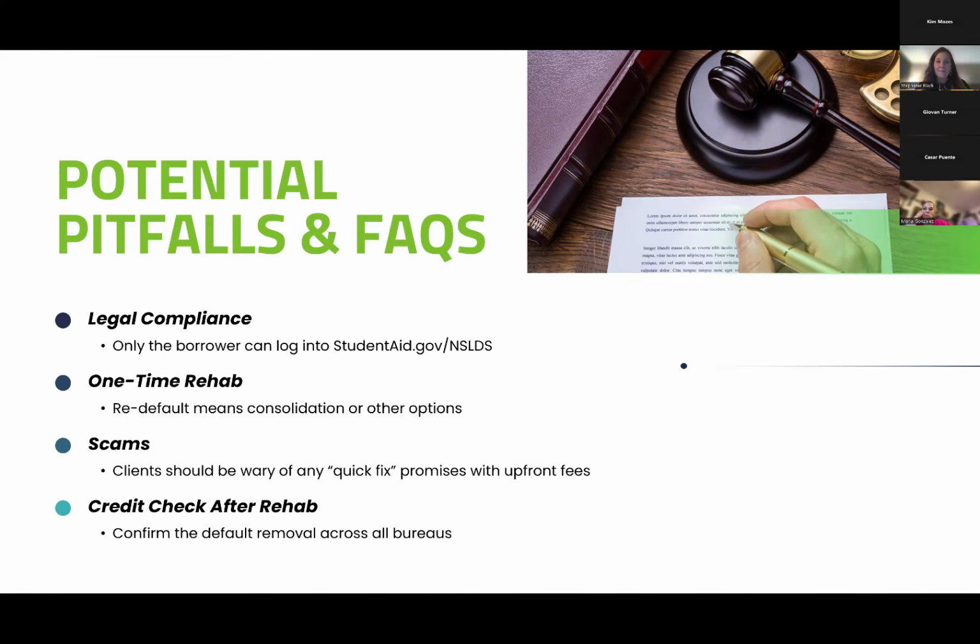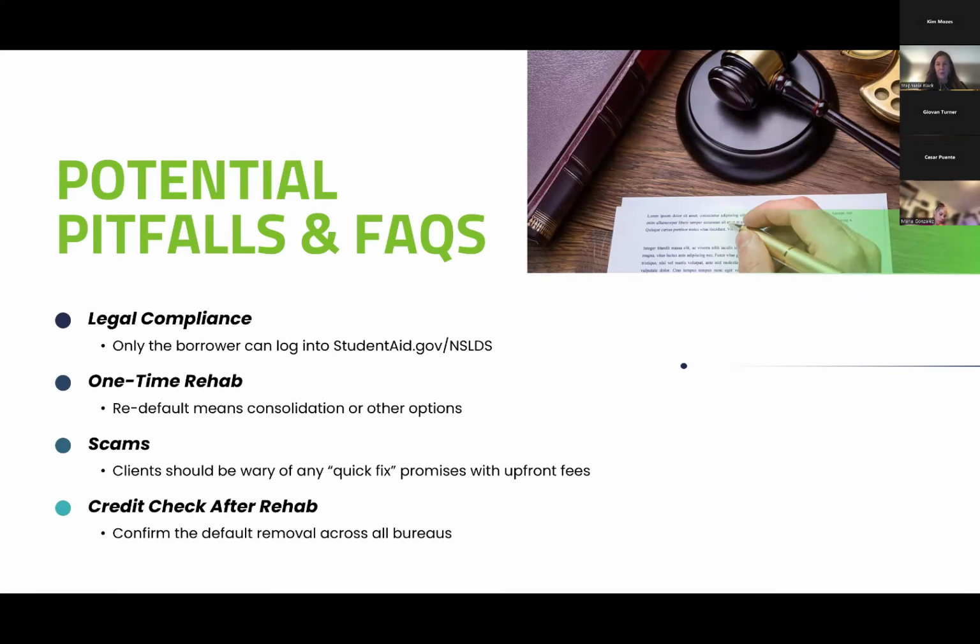Scams. A lot of times, loan processing things will pop up during these times when all these defaults are hitting. They're really kind of scammy. You don't do that. You can't just fix things. Another thing you don't want to do is just remove things. Say I go in and delete all of the student loans. I mean, it can happen. You get them all, but you're not doing your client any favors, because in a year, when they have this great credit score and they go to get a nice FHA mortgage,